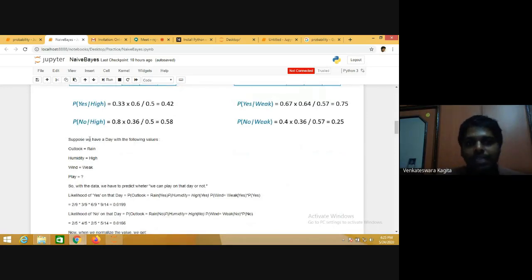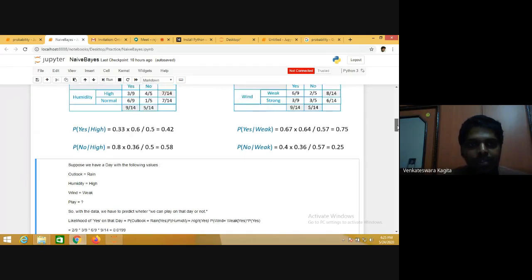Suppose we are given the following values. It means that this is a new instance that we would like to classify, whether the play would be yes or no. These are the attribute values that this new instance takes: outlook equal to rain, humidity equivalent to high, and wind equivalent to weak. Using these attribute values, you have to calculate the probability of yes and the probability of no for these individual values.